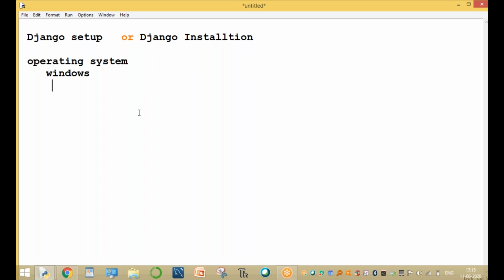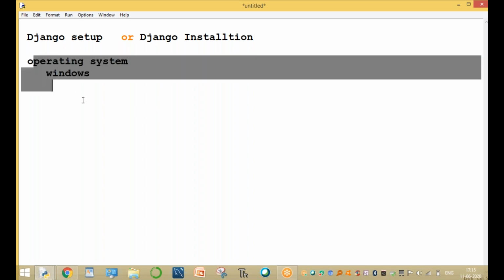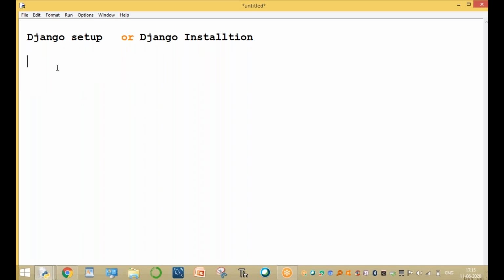Now the coding part is the same for all operating systems. The operating system installation is different, but here we are programmers, mainly concerned with the coding part. Don't be confused. The coding part is the same for all operating systems. You can install either Windows, Unix, Linux, or macOS, and the coding part is the same. Okay, first we need a setup.